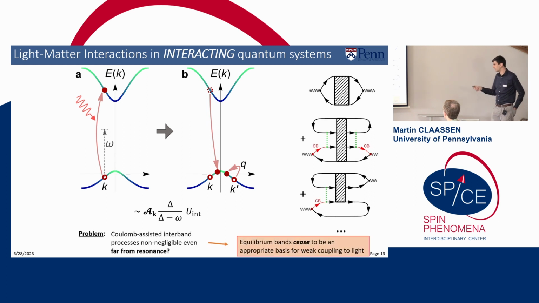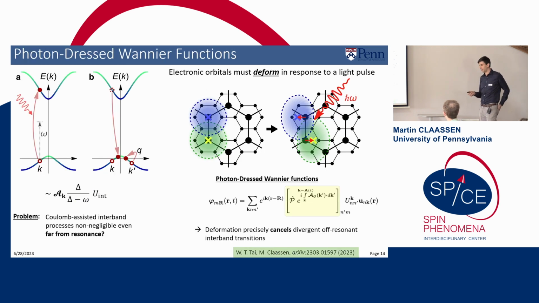So just in terms of optics, this has a nice diagrammatic representation, but the reason why we're having such an unphysical process in our originally physically motivated theorist Hamiltonian of coupling light to matter is because we're really talking about the wrong basis, right? If I drive the system with light, I should not expect that the equilibrium bands of a solid still form an appropriate eigenbasis. And instead, what should happen, we think, has a very neat physical interpretation in terms of the Wannier orbitals that build these bands. It's best visualized in real space.